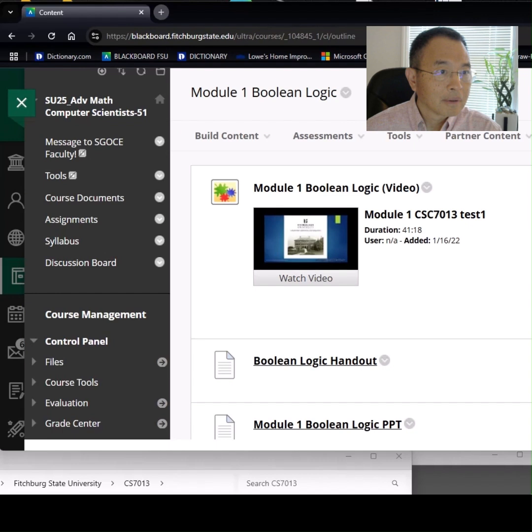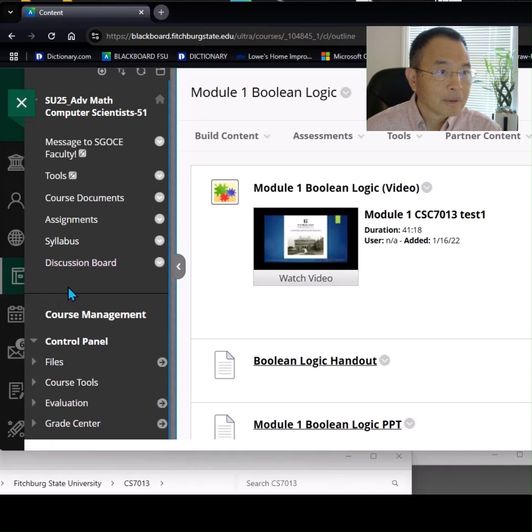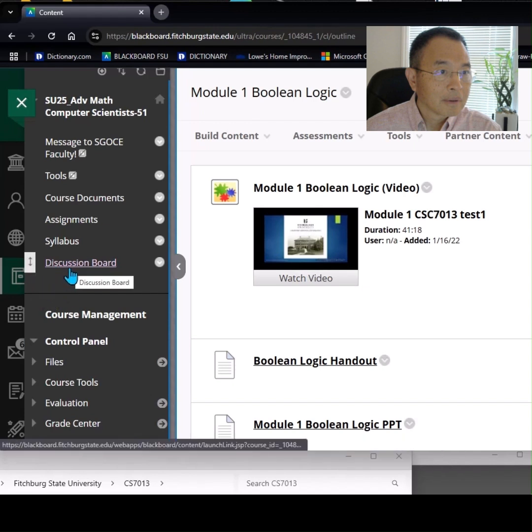The third link I use is the discussion board. Periodically, I will use this discussion forum to post some interesting but challenging questions for discussing or brainstorming, if you will, just to make the course interesting. You have a chance to provide your answers, or you can view others' answers. The good thing is that they are not graded, you're just there to have fun.